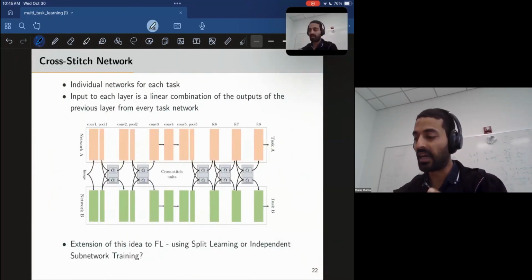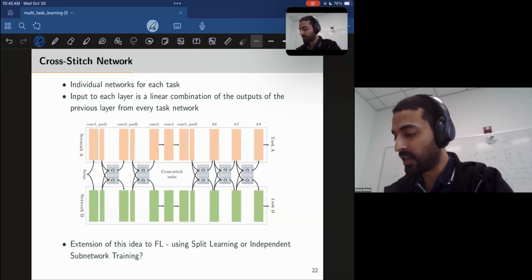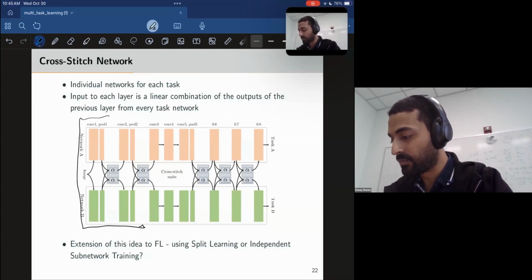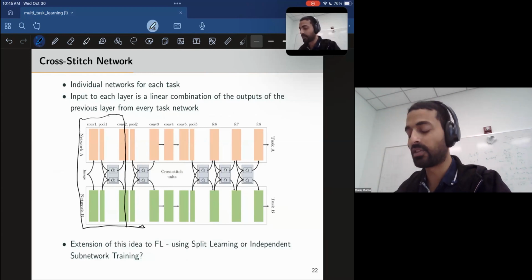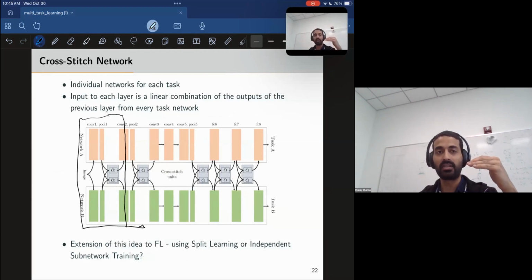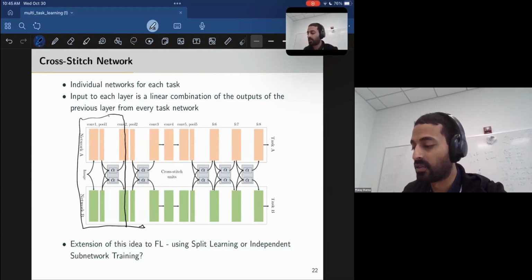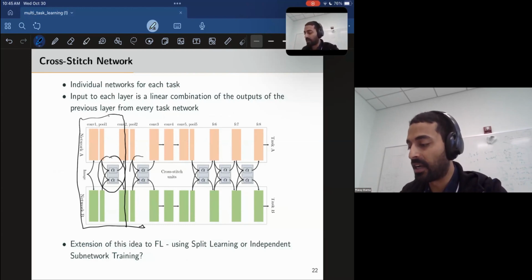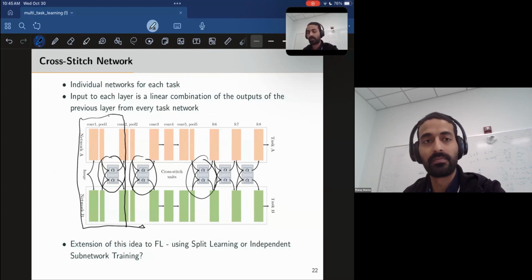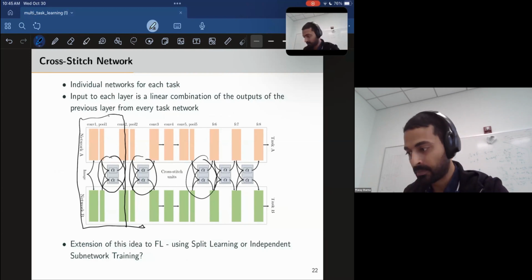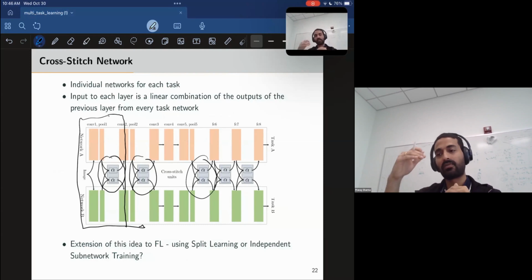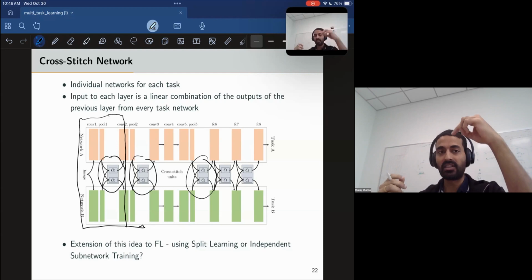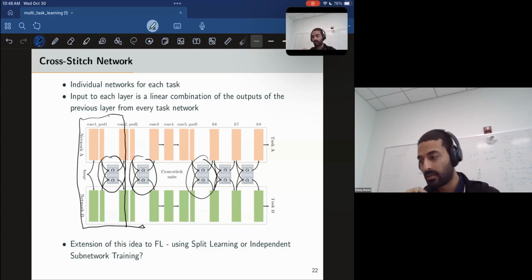So this is what the entire architecture looks like. In the previous slide, we were looking at this much part of the figure. We had input layers, output layers, and mixing between them. Here we have the entire architecture. You have multiple layers, and there is mixing happening at multiple stages here, here, and so on. This is called the cross-stitch architecture because we have two independent networks, but rather than aggregating them only once, we are stitching several layers together.